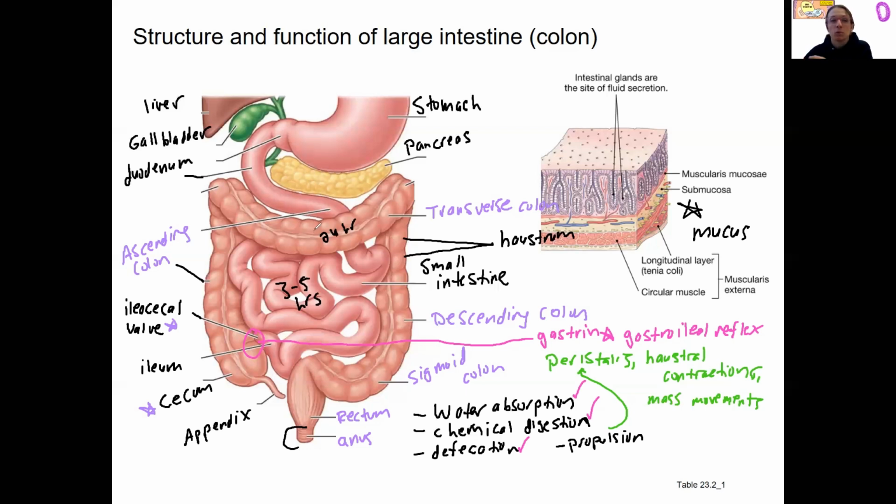This is a huge increase in motility in the large intestine. All this motility, right, is because of the muscles around the large intestine. These mass movements often correspond to defecation. So 3 to 4 bowel movements a day is fairly normal. Not everyone actually does this, but that would be related